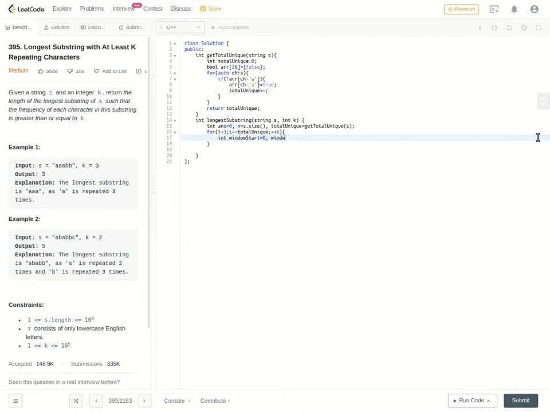Same window end, which will be 0, and current unique characters, which will be 0, and current total k, which will be 0. So what this current total k signifies is that for the current number of unique characters, there are how many characters with its frequency at least k. So now,